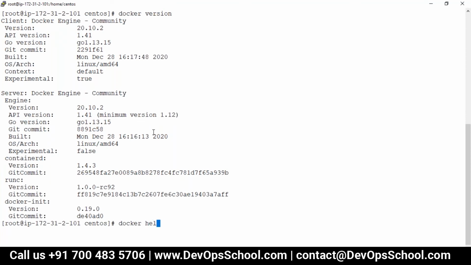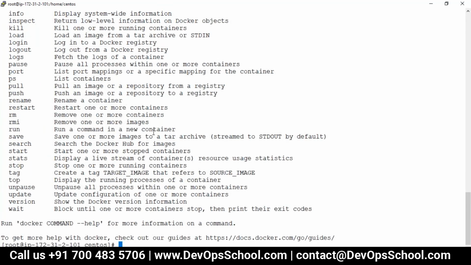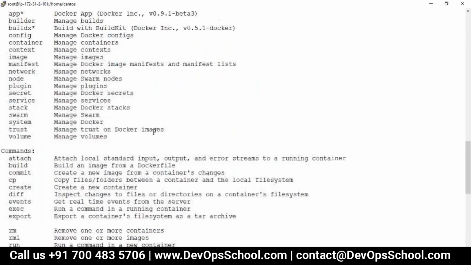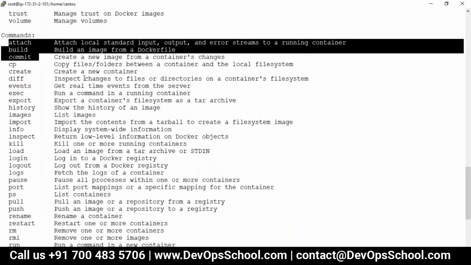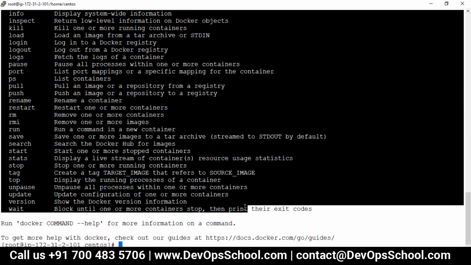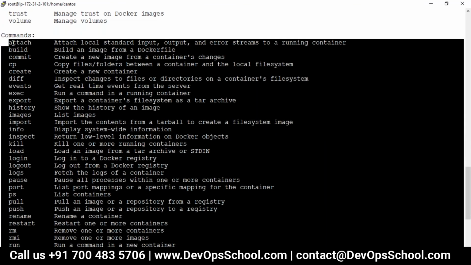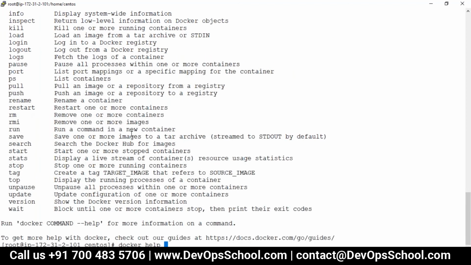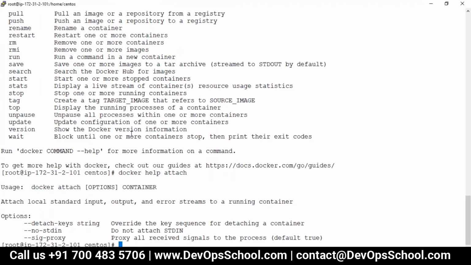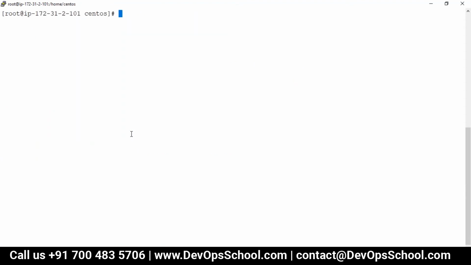One more command I would like to tell you, help. Let's say if you don't understand any commands, so the help command will have a list of all the commands which you can use. So these are the commands you should run. Now let's say you don't understand any command, so you can do like this also. So apart from that, if you want to know how many containers you have all together, all containers.